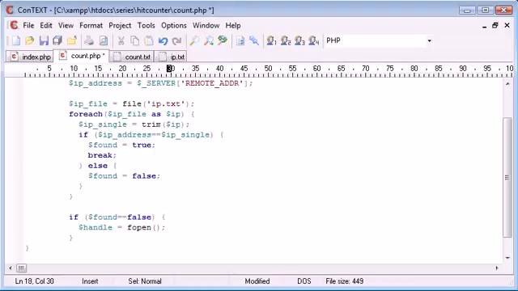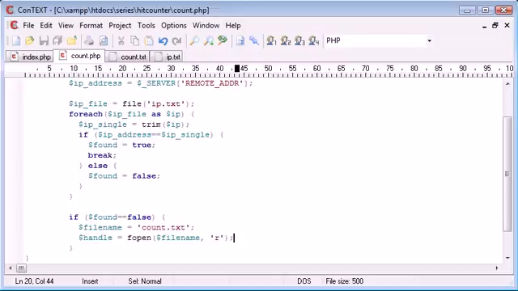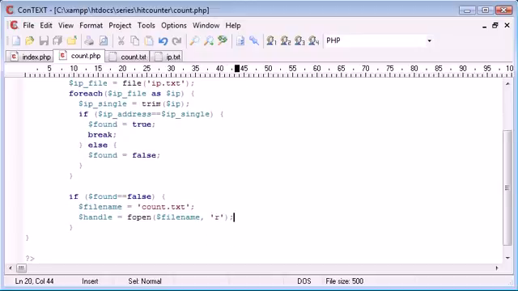we'll create a variable called file name, and that's going to be count.txt. So we're opening count.txt, so we're just substituting that in there, and we're opening this to read in the value. Okay, so now what we want to do is we want to grab this data, so we can say current equals f